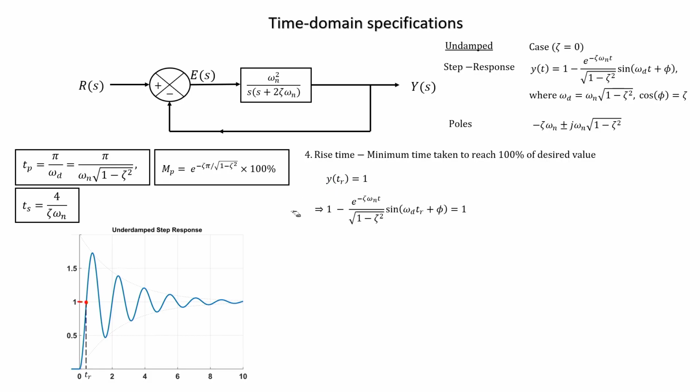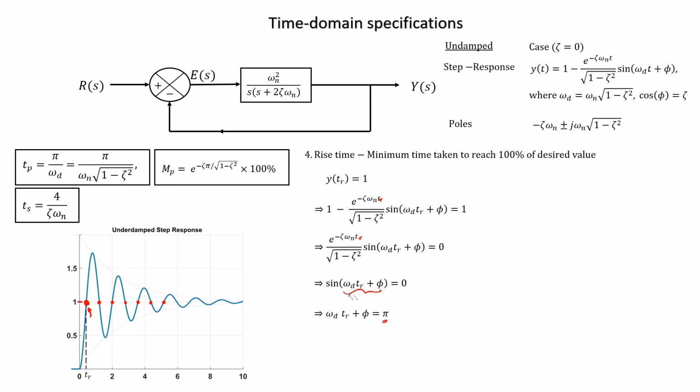So, if you go ahead and again put this in the expressions, this is what we will get. There should have been an R here. Finally, this is the expression we will get, because this part will not go to 0. So, we will get this expression, and finally, omega TR plus phi must be equal to, again I can write here n pi, because you see it can go to 1 here, it can go to 1 here, there are different times at which the response goes to 1. Okay, but I am not trying to find out all the times, I am just trying to find out the minimum time. So, I will just take the first case, when this argument will become pi,